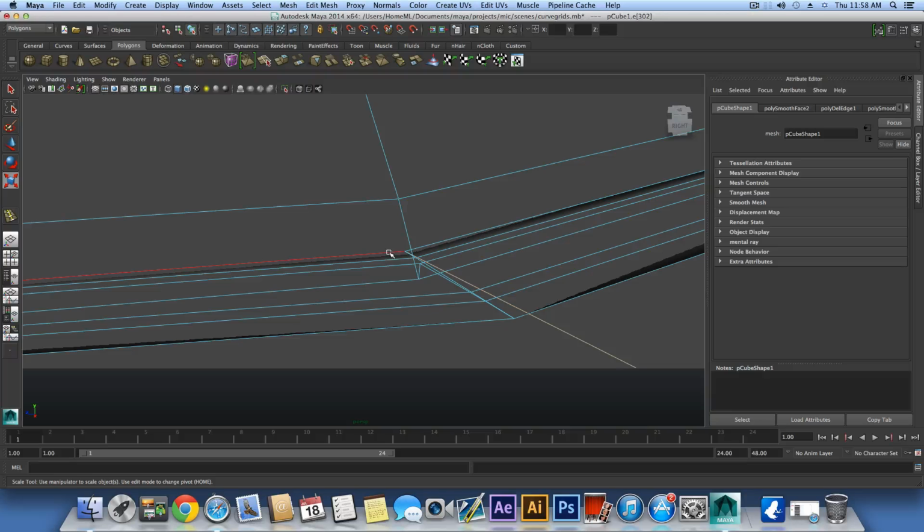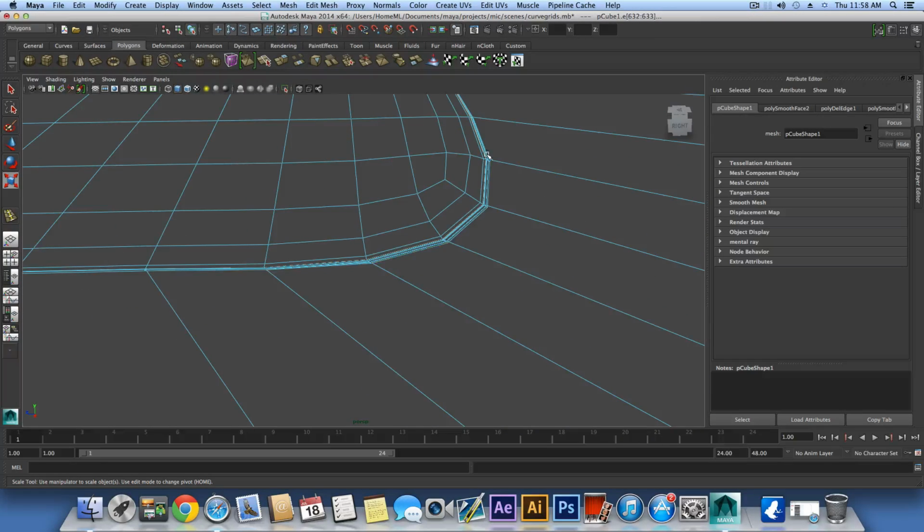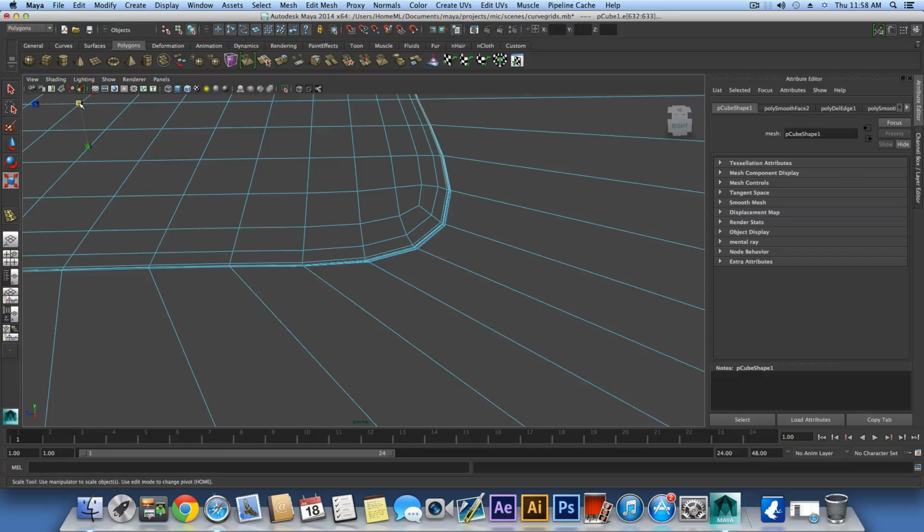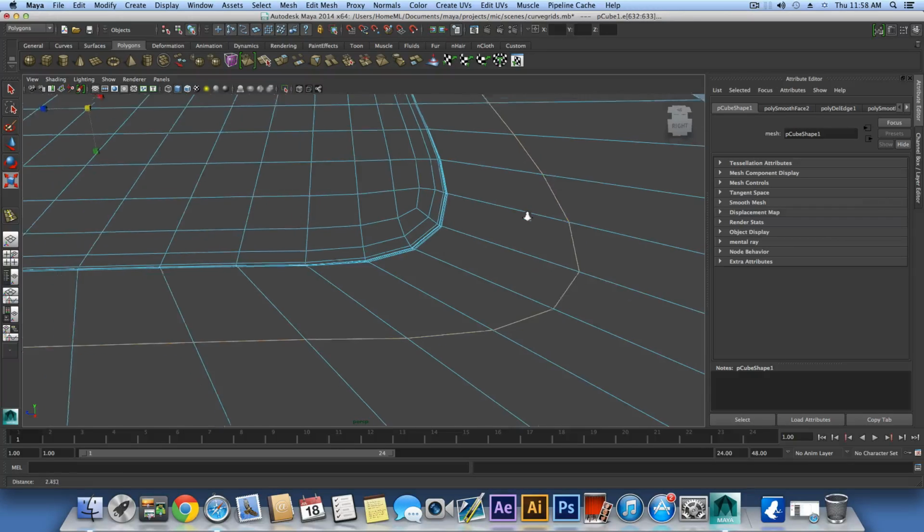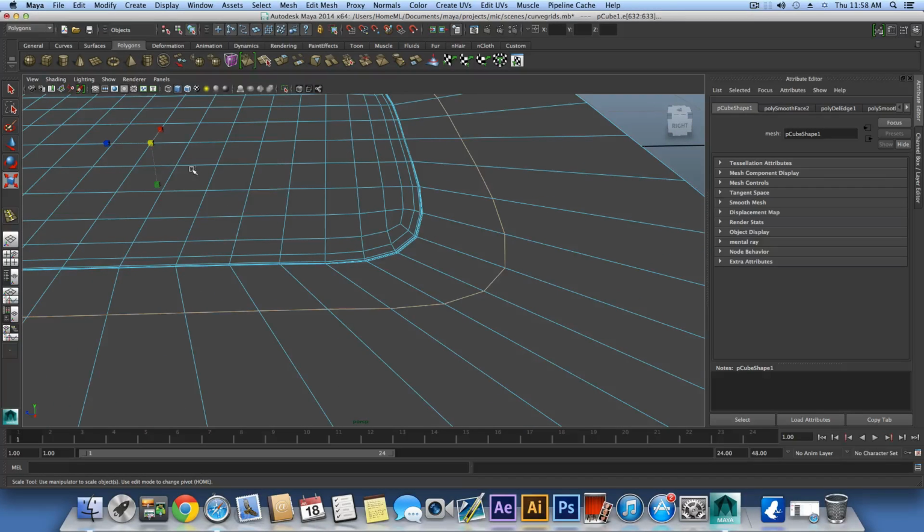So we will start off with this one, double click on this edge to select it, loop select it, and then switch to the scale tool, okay, and expand it. So you see there is still no distortion in these faces. That means that everything is okay. Now I will undo that and just for a second check,